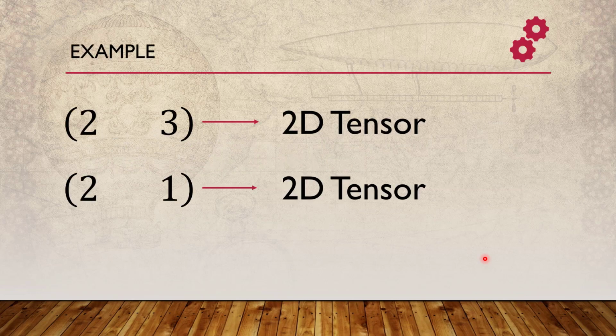Let's take an example. Let's say I have these two 2D tensors over here. One has shape 2, 3 and the other has shape 2, 1. Now both are 2D tensors, both have the same number of dimensions, correct? That means they have the same rank as well, but the sizes of those dimensions are different. Here for dimension 1 the number of elements is 3, and here for dimension 1 the number of elements is 1. So we still can't add them because they are not in the same shape, correct?